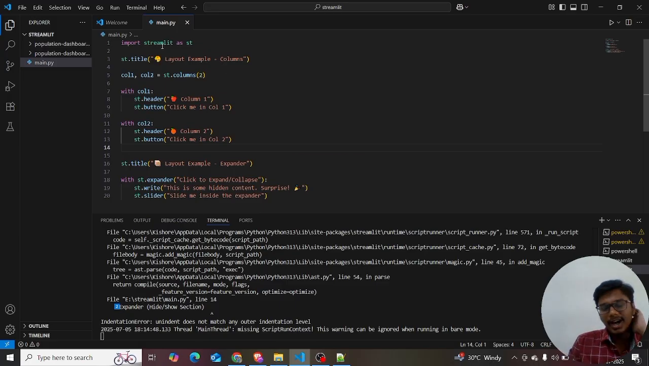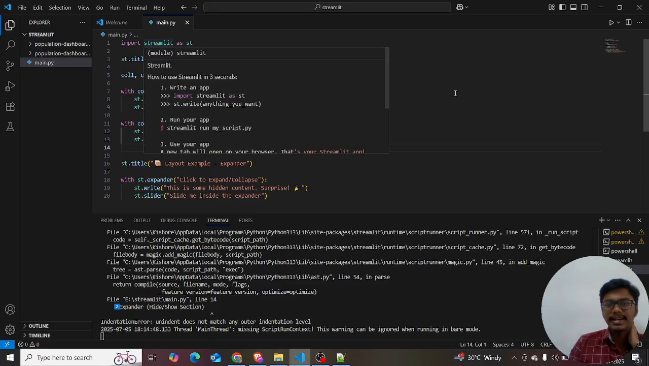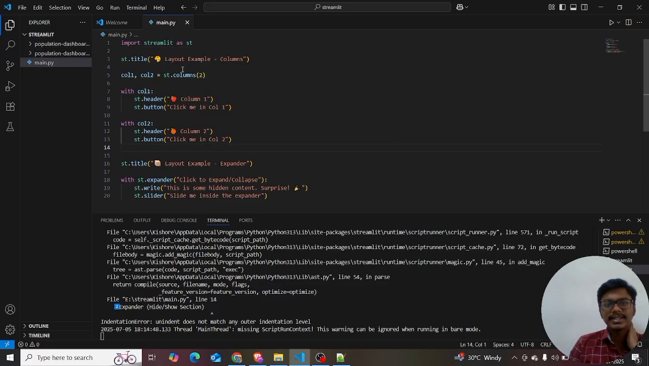That's like I'm just importing Streamlit as st. I'm creating an st.title. I'm giving the user a layout example with columns. I'm creating column one and column two. I'm just using st.columns of two. I'm using two columns so that I'm using